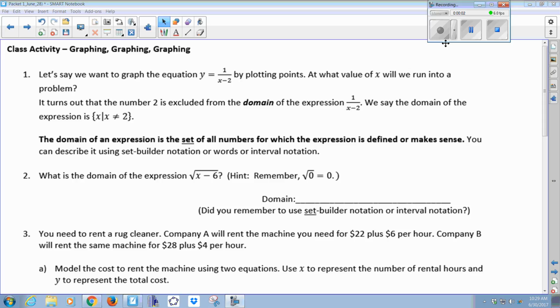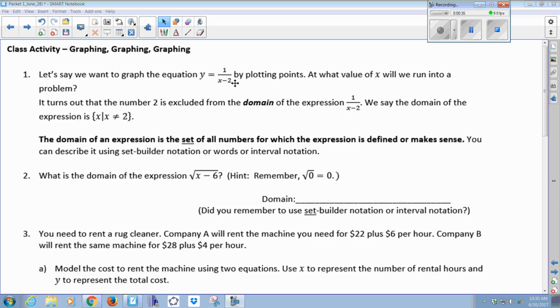Okay, let's take a look today at the class activity for lesson 3, graphing. And as we did in lesson 2, the first part of this class activity is introducing you to a concept that was not discussed in the demo. So this is where you want to make sure you add this information to your notes so you can study it later as needed. So let's say we want to graph this equation, y equals 1 divided by x minus 2,